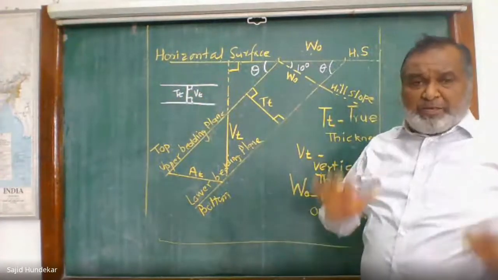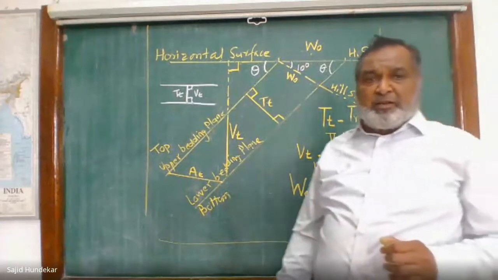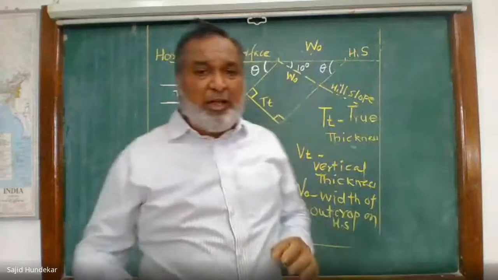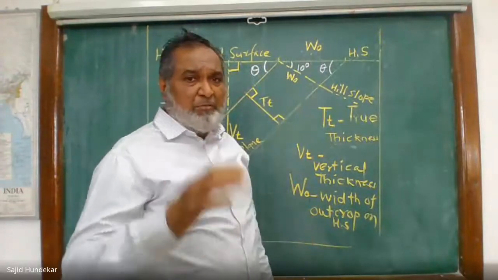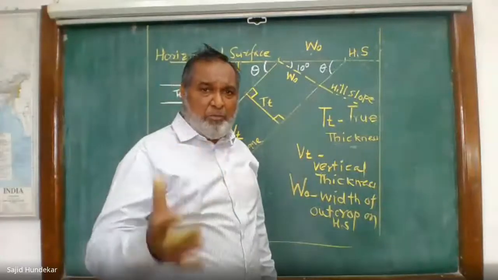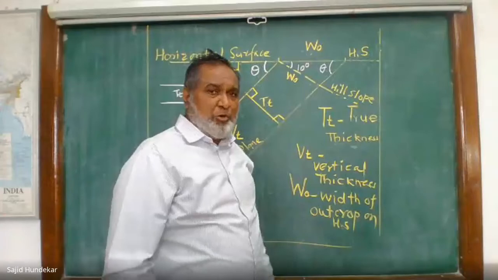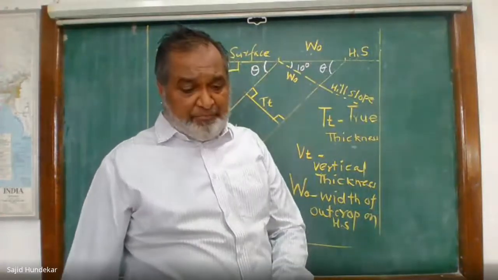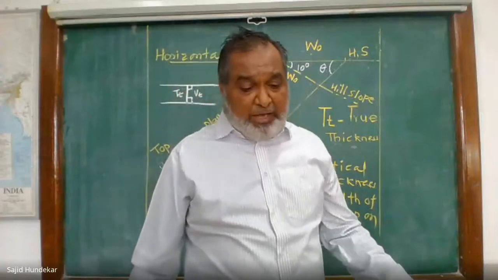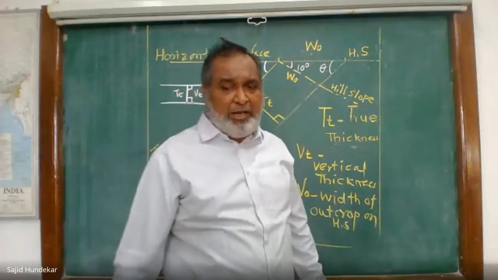On the basis of this, we are going to see the next 6 problems, and we will solve these 6 problems. Out of these, some problems I'll give for homework, and some we will solve here. So now take out the next page and write down problem number 1, type A. I'll dictate, you can write it down.